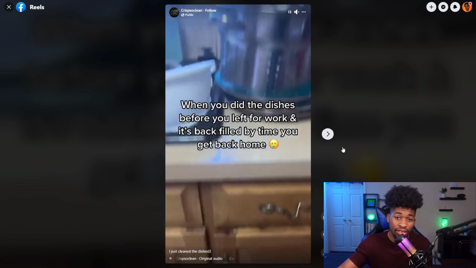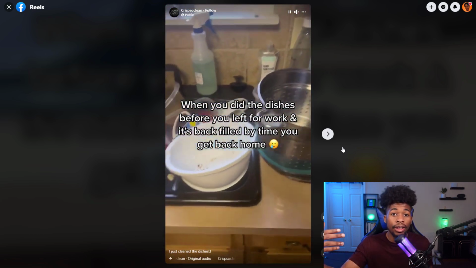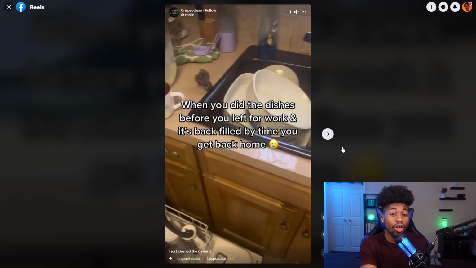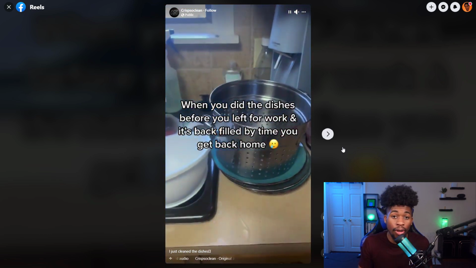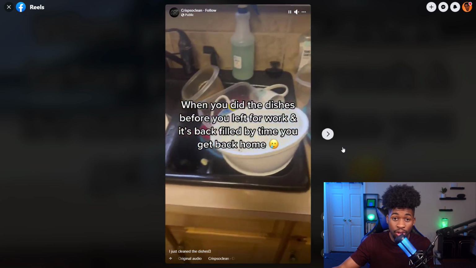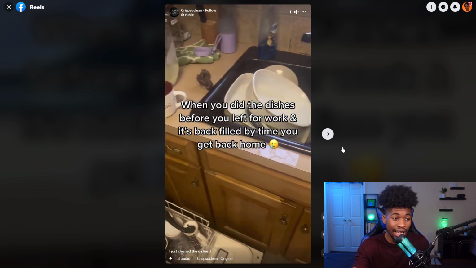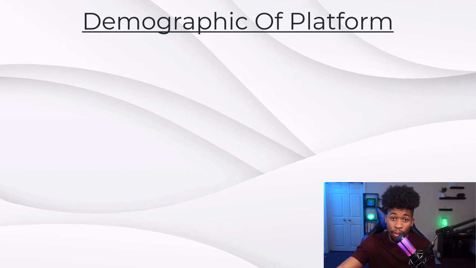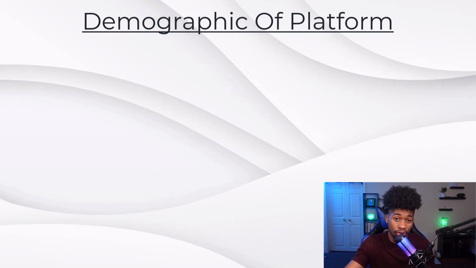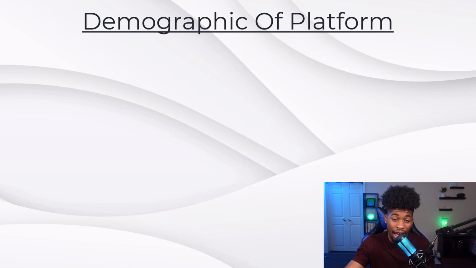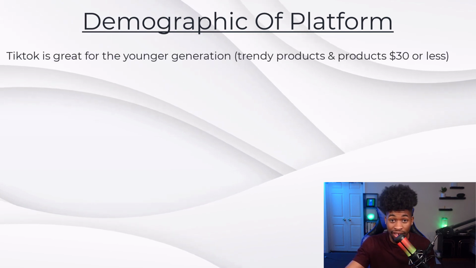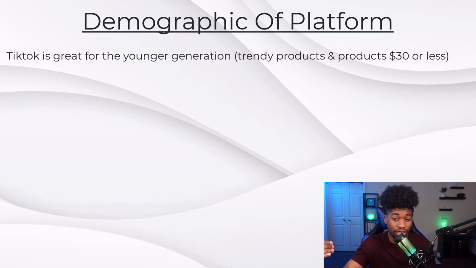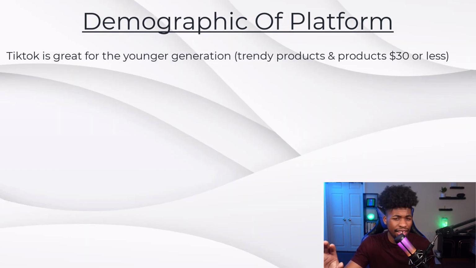Because when you post consistently on different platforms, the algorithm picks you up and you start getting more followers and more views, and the more followers you have, the greater number of views you can get if you're making quality pieces of content. Of course, you want to make sure you're on all the major platforms, but it's also important to know the demographic of your group, so you know which ones to put more effort into. TikTok appeals more to the younger group, so this is great for trendy products that aren't too expensive.